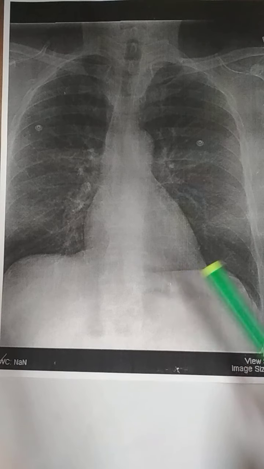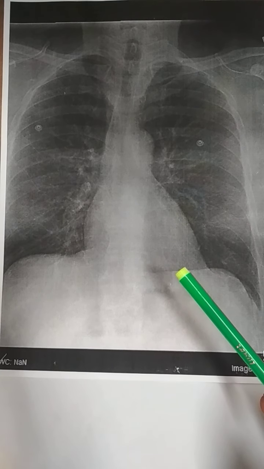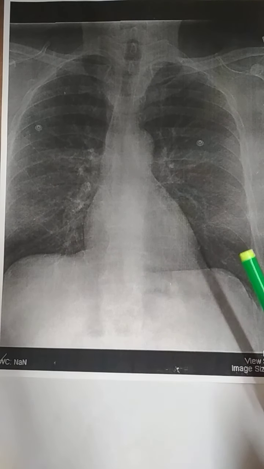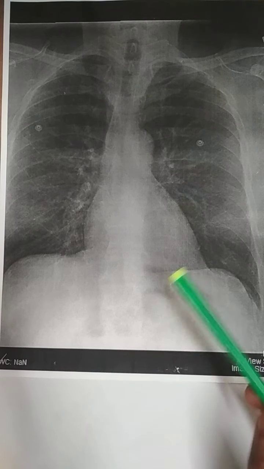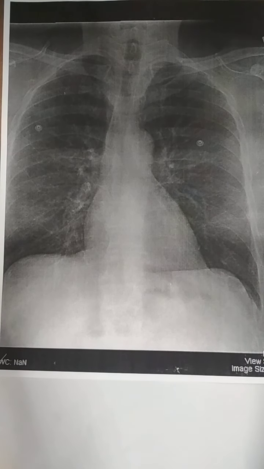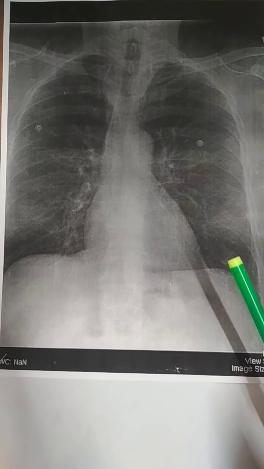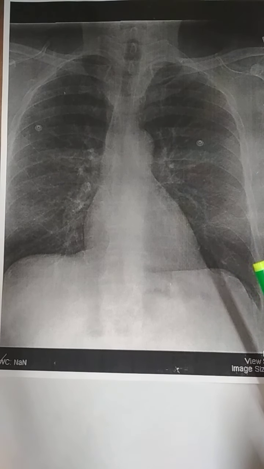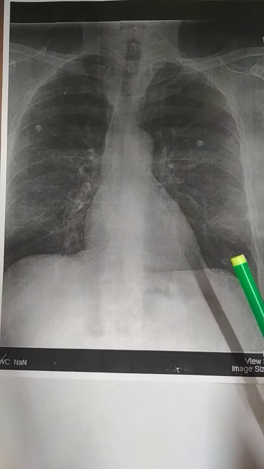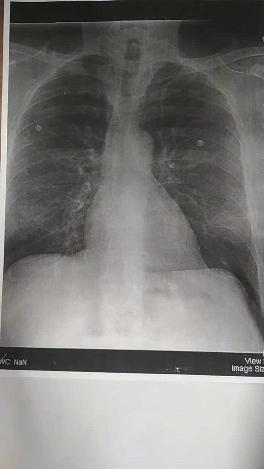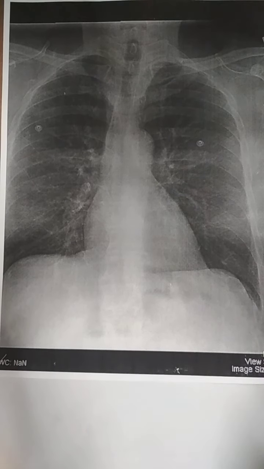So then, how to hold or present a chest X-ray. The chest X-ray should be held as if a person is standing in front of you, or it simply means in the anatomical position. That is, the right of the X-ray should be towards your left. Okay. So now what is the sequence in which the chest X-ray is read?